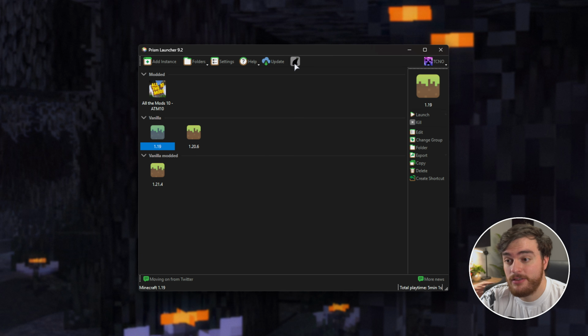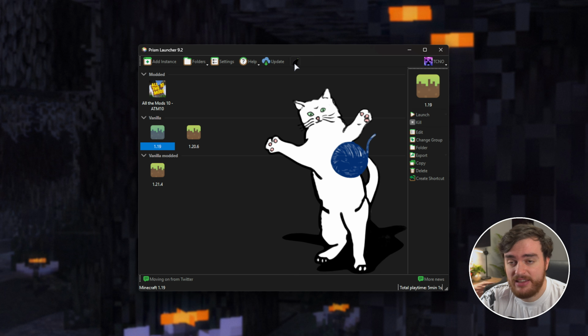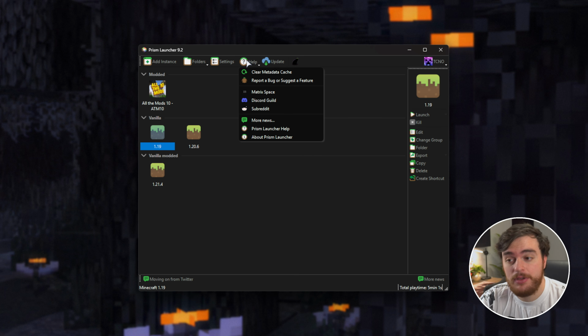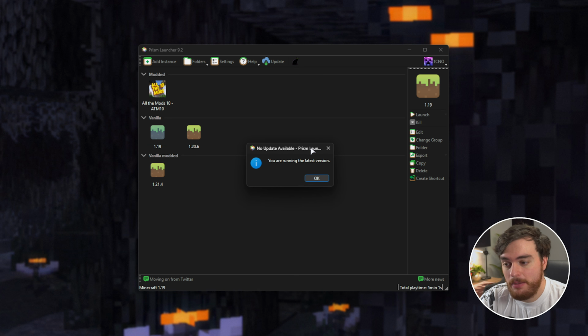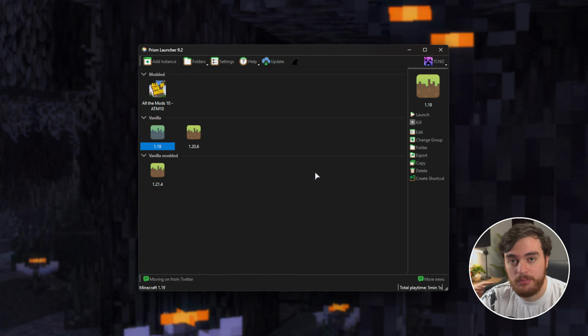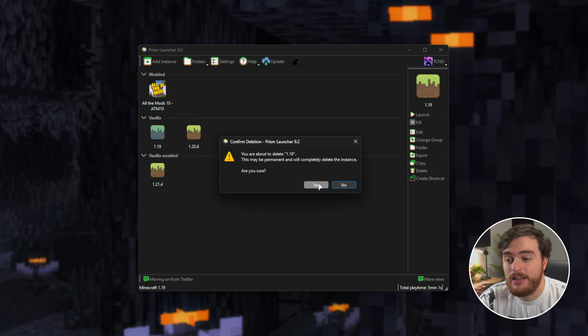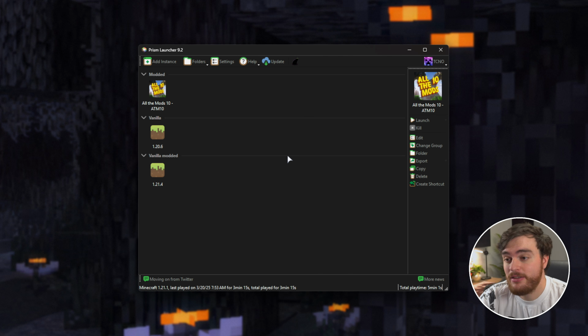The cat pack has to do with this button here. It just makes a cat, pretty cool. A help section if you ever need it, and an update button to check for updates for Prism Launcher. With that, you've pretty much mastered Prism Launcher. The last things that we haven't touched on are just right-click and deleting a mod pack if you don't need it. This also deletes the files from your system, saving you some file space, which is great,